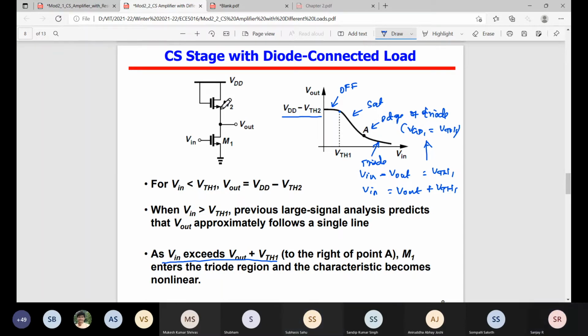Yeah. Because in digital we are always interested in logic 1 and logic 0. Right? So if the output is VDD minus VTH, how will you reconvert it to VDD? How can you restore the level? I want VDD. Do we have to use a threshold comparator? No. The output is like this. Okay, so let's take the output as 0 to VDD minus VTH2. I want to restore it to VDD. How can I do it?